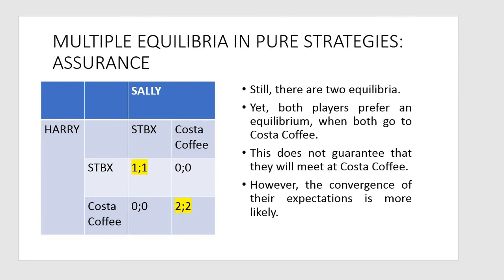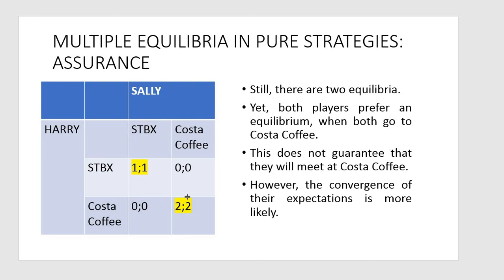This is a slightly transformed game. In this case, we still have two Nash equilibria, but the equilibrium associated with Costa Coffee, when they meet at Costa Coffee, is associated with higher utility for both players. So keep in mind, there are still two Nash equilibria formally, we still cannot be sure about the outcome of this game, but,